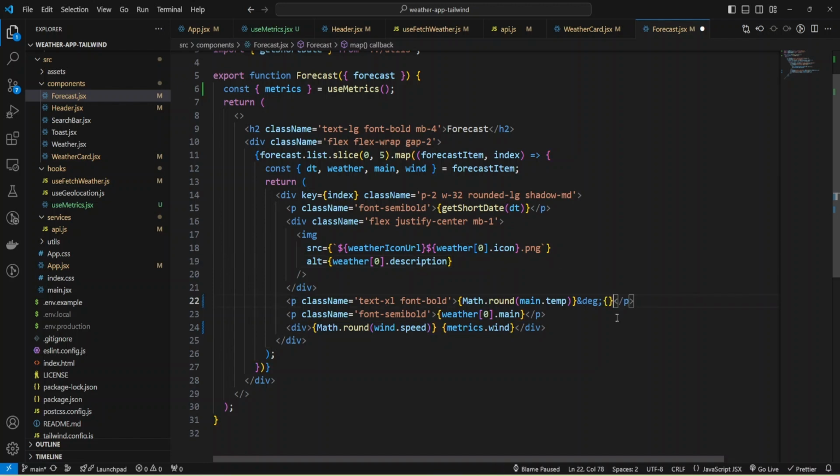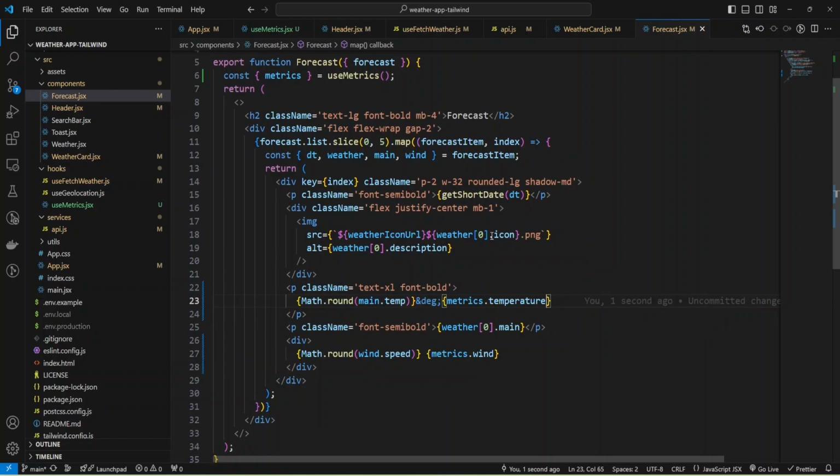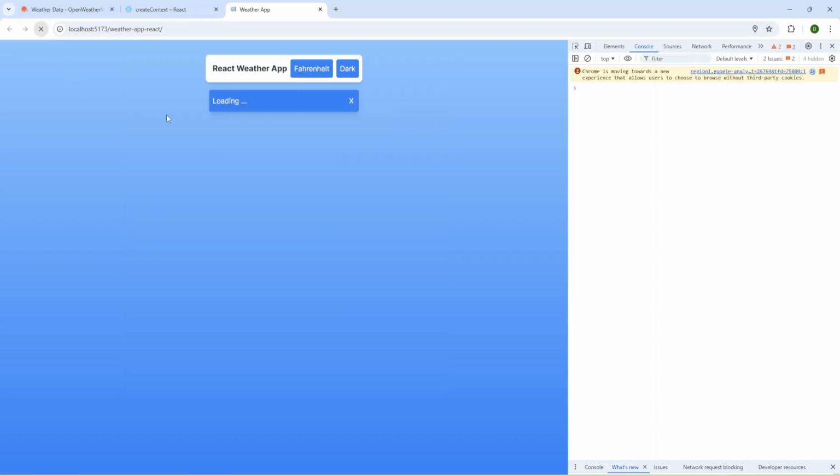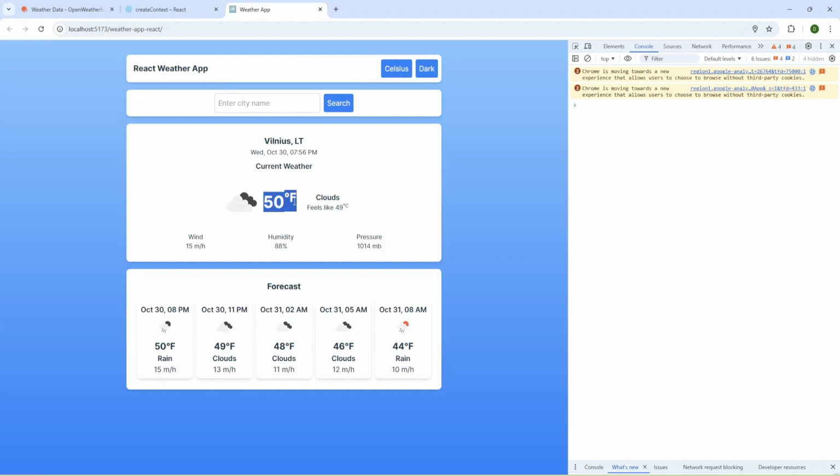Okay, I found it, and I'll use metrics and will provide temperature. Okay, and let's check again. I'm going to refresh, press Fahrenheit, and we have different values, and also here we have Fahrenheit and miles per hour.